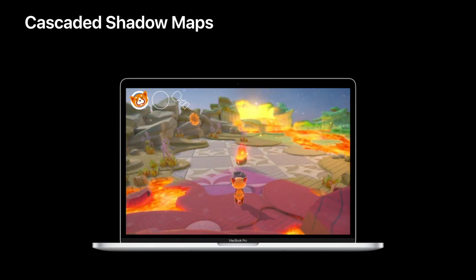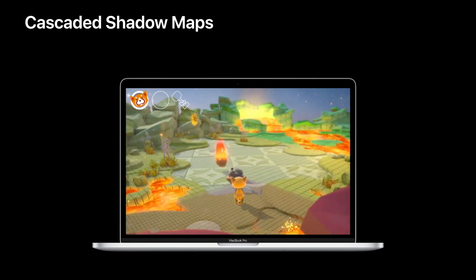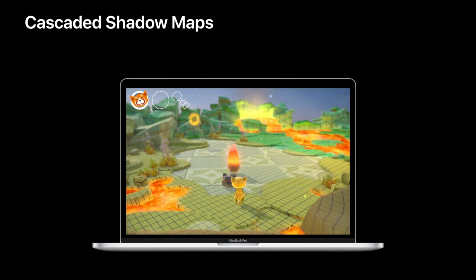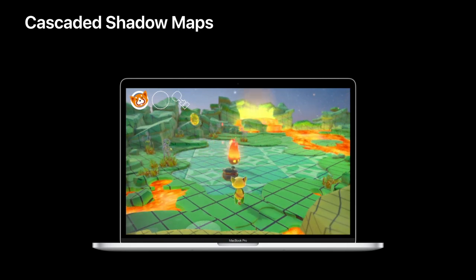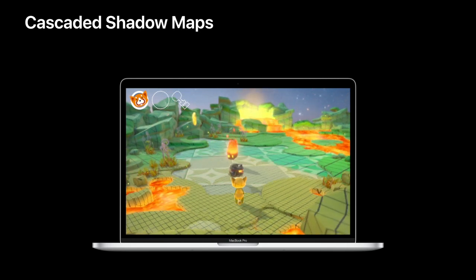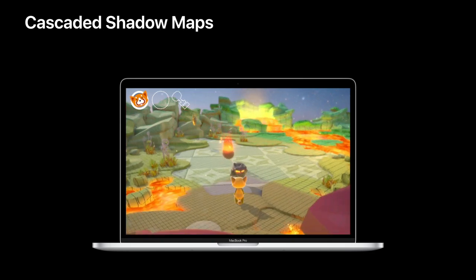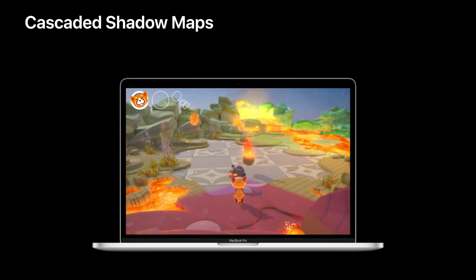As you can see, the red area represents the first cascade, and so represents a smaller area of the world. And so we have higher precision there, whereas the green cascade in the back represents a much larger area, and so we have less precision for the green cascade. Note that you will also be able to visualize cascade shadow maps with your own scene using Xcode.